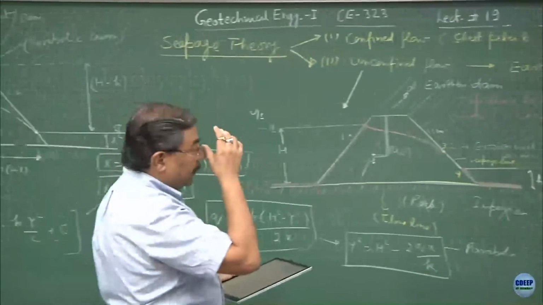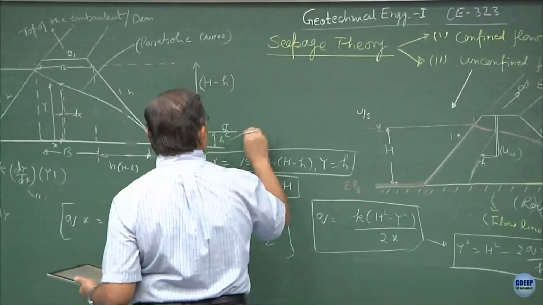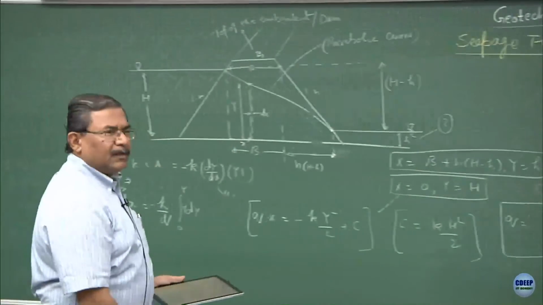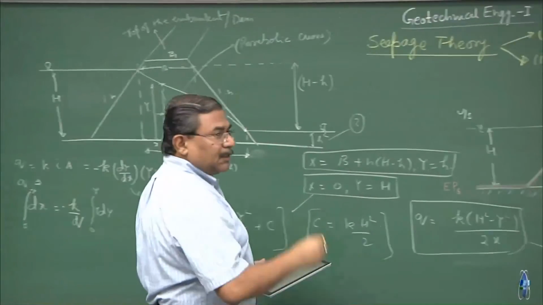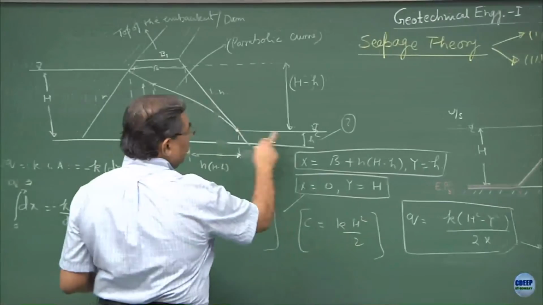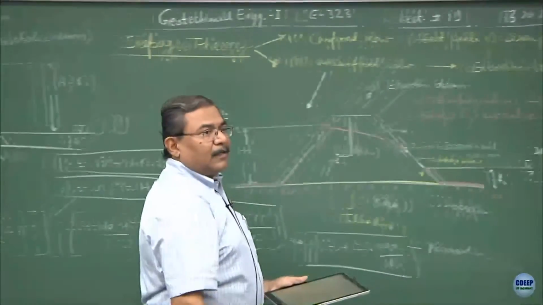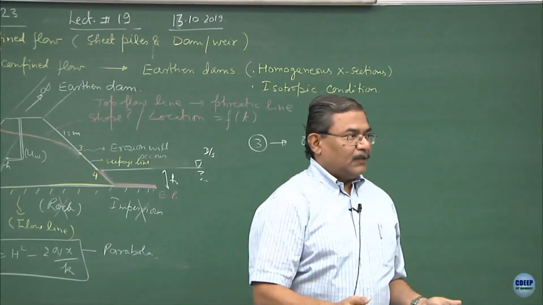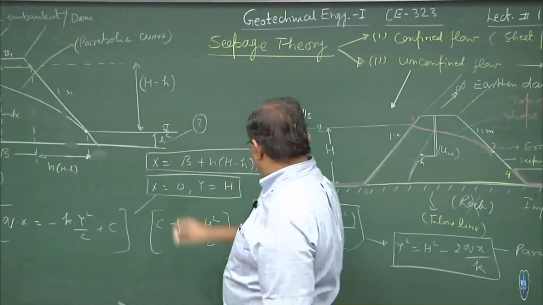I hope you can understand the basic objective is to obtain the value of h. H is the principal unknown. Why? Because I would like to find out what is the maximum discharge taking place through which the h becomes maximum. So I have to design the system in such a manner that the maximum discharge should not occur. So I should be taking the value of h when it becomes maximum.